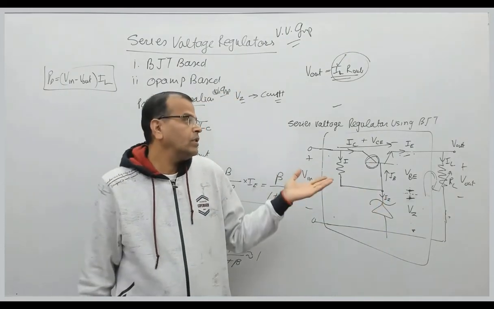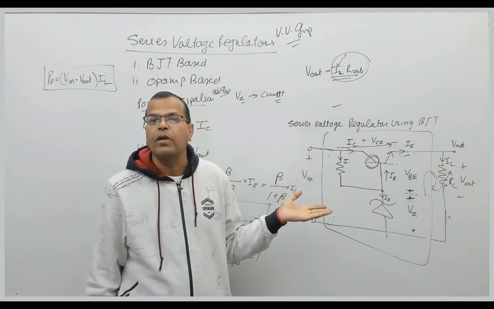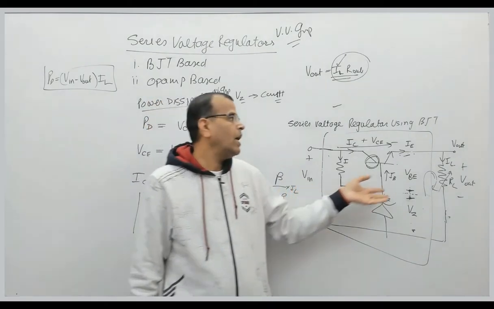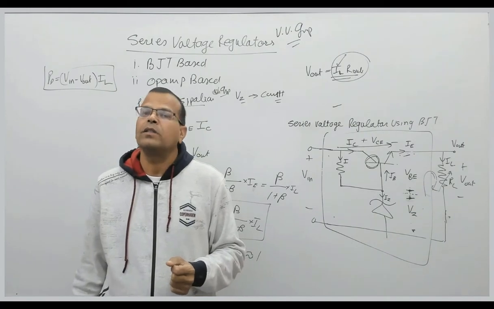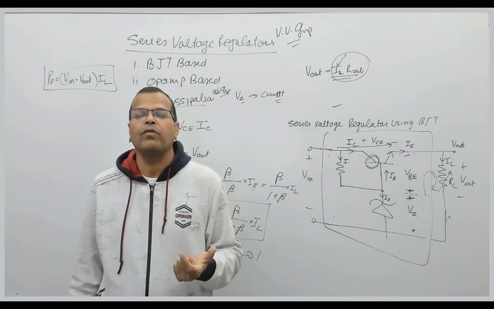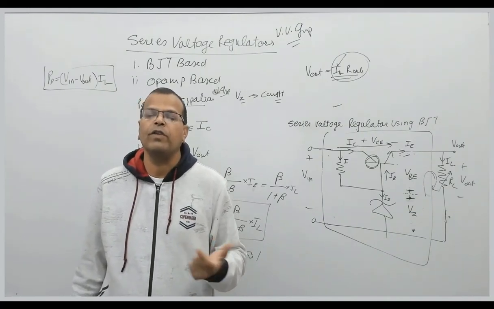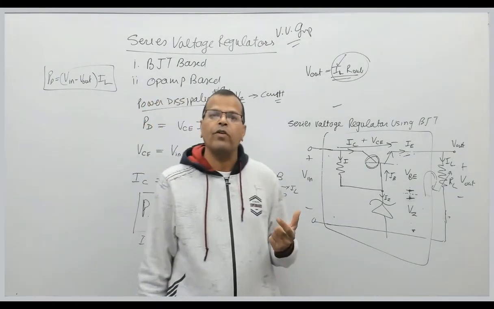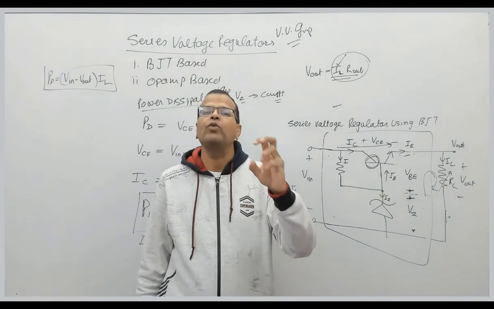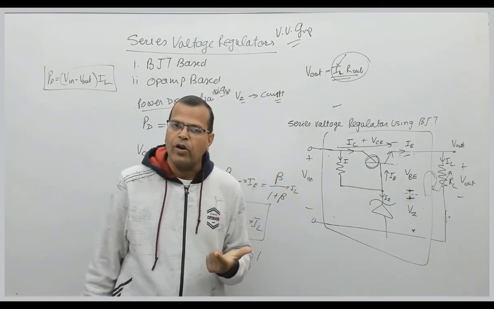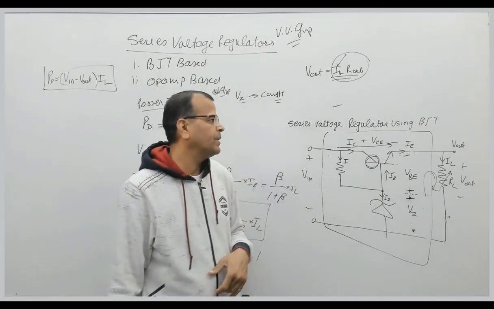Why? Because it is common emitter configuration. Not common emitter, I'm sorry, this is emitter follower configuration, and emitter follower configuration is again your Darlington pair with having very large value of beta. So emitter follower configuration and Darlington pair both are the same thing, but in a Darlington pair we have two transistors in common collector configuration, right?